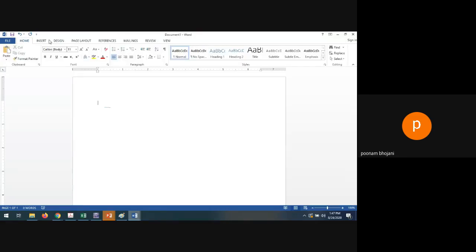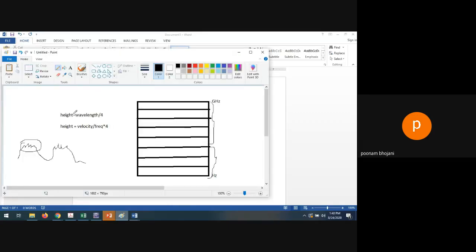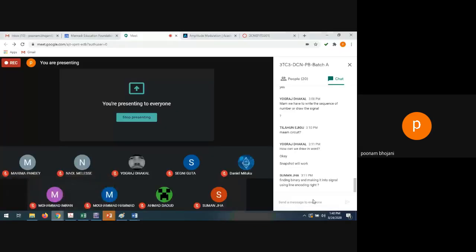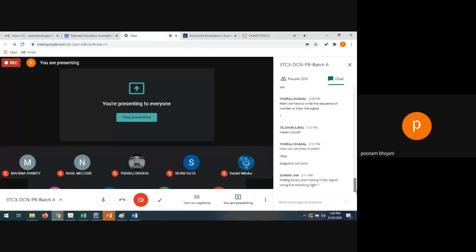So again, see, it is difficult to draw the lines in Word, but it will be very easy to draw in Paint also, because you can draw simple lines like this, right? Like this, you can make a waveform. It will not be easy, and don't worry, it does not need to be in a proper format. It will be okay if there is some mismatch in the line. So you can draw in Paint also if you feel comfortable. Otherwise, the page will be the easiest option maybe.